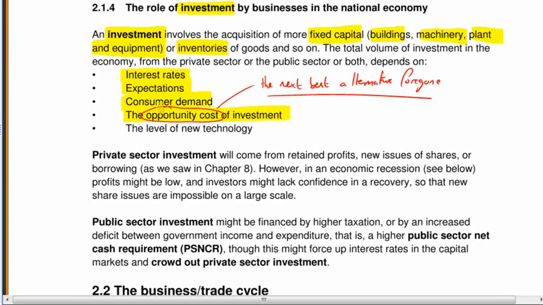Also, levels of new technology. Okay, as technology improves, businesses are forced to invest in that new technology to keep pace with their competitors. So, the one that immediately sprung to mind then was the newspaper industry, where there was, I don't know, sort of 20 years ago, a huge shift as technology changed. Okay, and all the old sort of printing presses were defunct. Okay, and the whole of Fleet Street had to update very, very quickly.